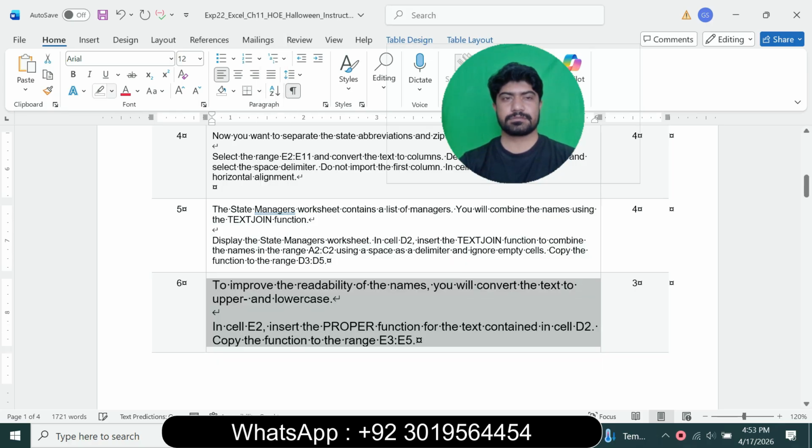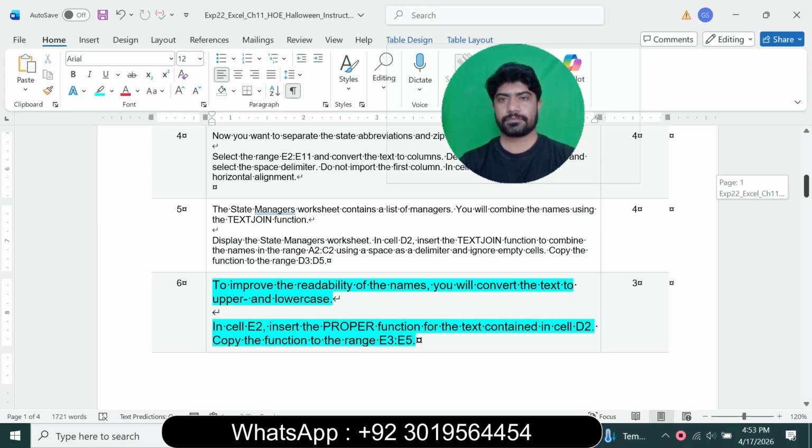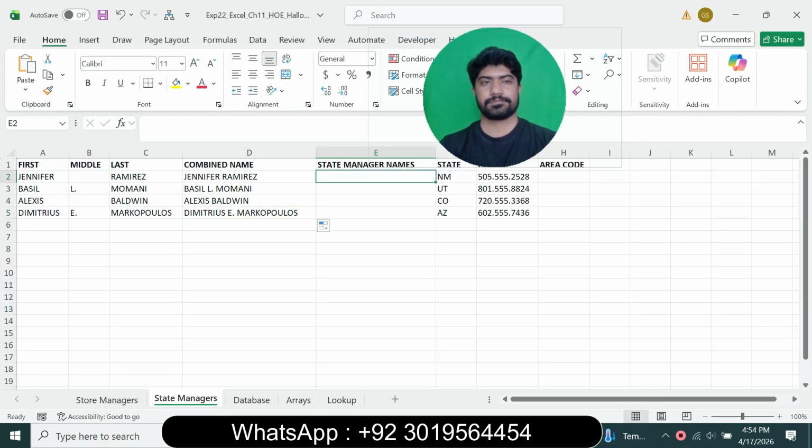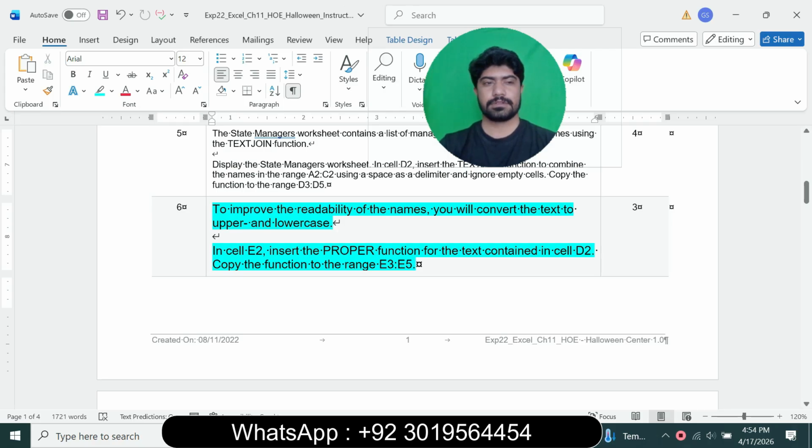So question number 6 is, to improve the readability of the names, you will convert the text to upper and lower case in cell E2. Insert the PROPER function for the text combined in cell D2. Copy the function to the range E3 to E5. So go to the Excel worksheet and select the cell E2